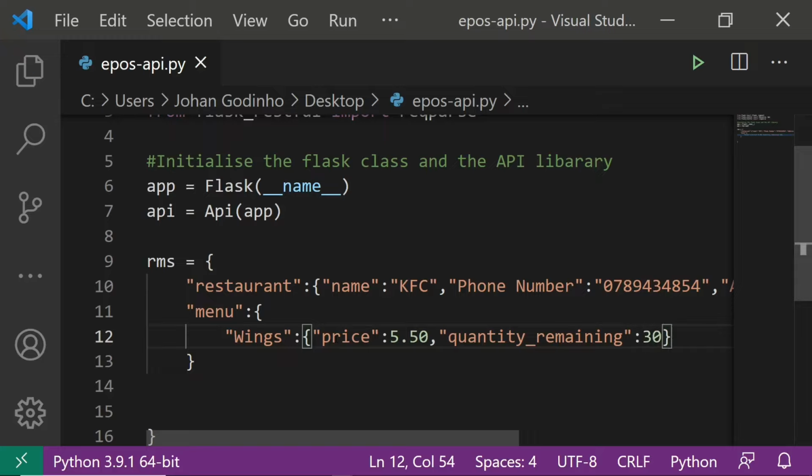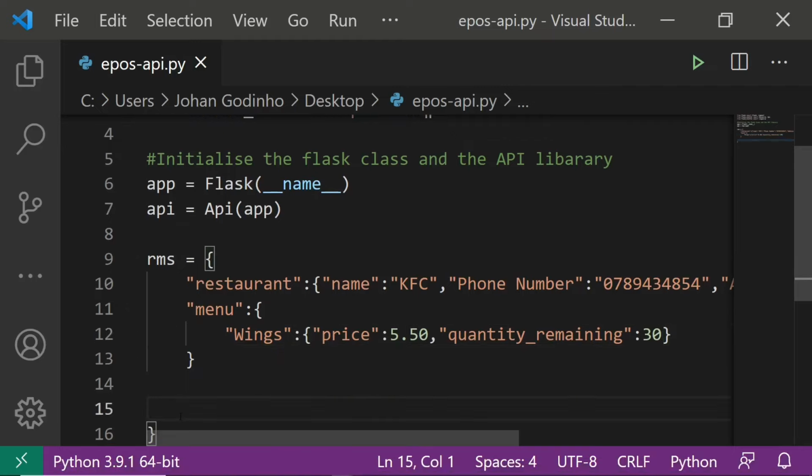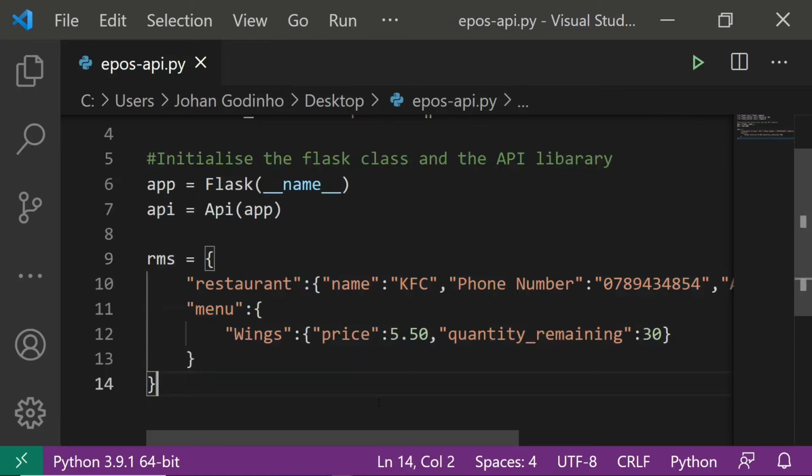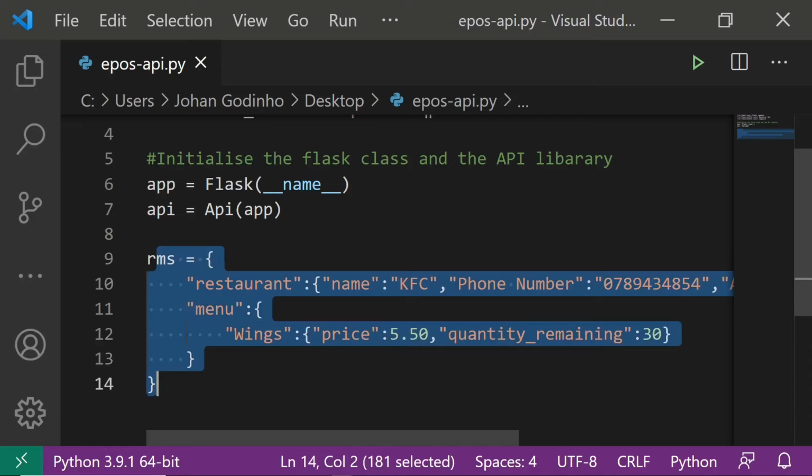And then I'll do something like 30 for now. So that basically will be the structure of our RMS dictionary that's acting as our database for now. In a real life scenario, you would obviously save these details into an actual SQL database or a non-relational database such as MongoDB. But just for the sake of this tutorial, we're just going to save it into a short